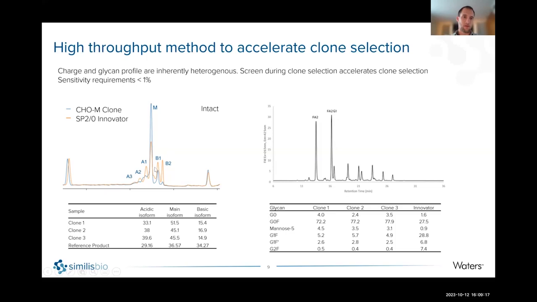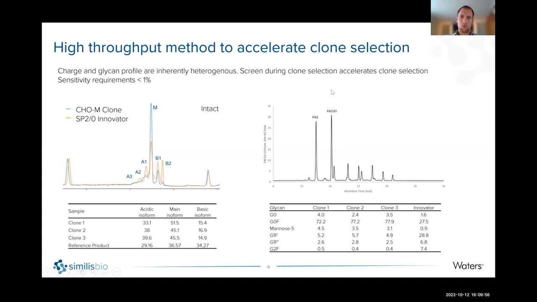And then the other charge variants in the acidic region can vary a little bit more, but again, we need to verify what those are. And as you can see, in this particular case, switching cell lines leads to a fairly substantial difference in the charge profile. And then we've evaluated 3 clones for each of these, for the CHO-M cell line, and we get some idea of the variability of each of those acidic species. And so that's the charge profile, which is important for biosimilar clone evaluation.